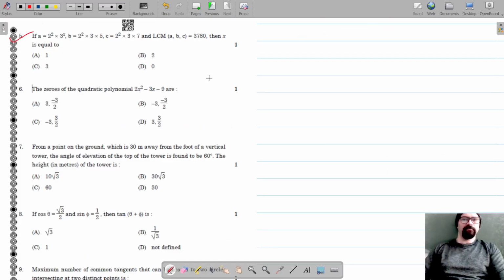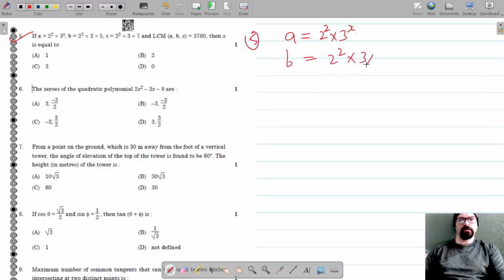For question number 5, it's given that A is equal to 2 square into 3 raised to the power x, B is equal to 2 square into 3 into 5, and C is equal to 2 square into 3 into 7. And the LCM of A, B, and C